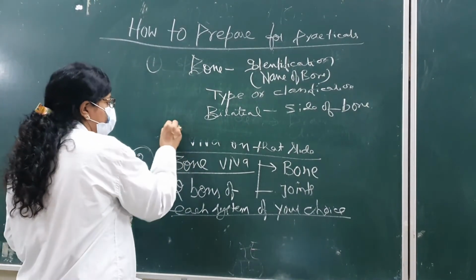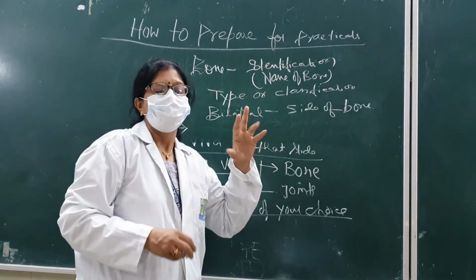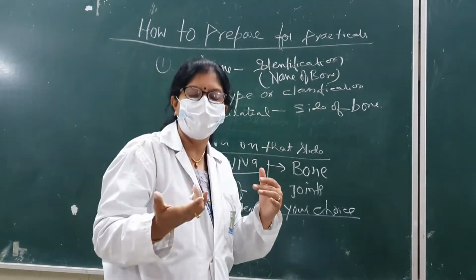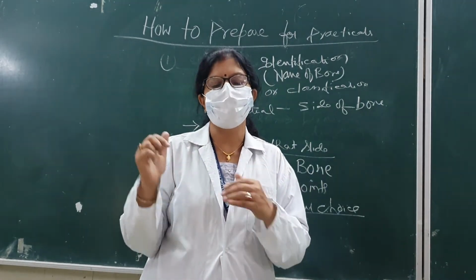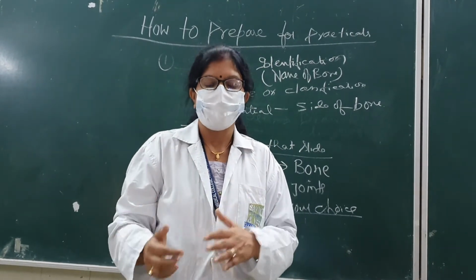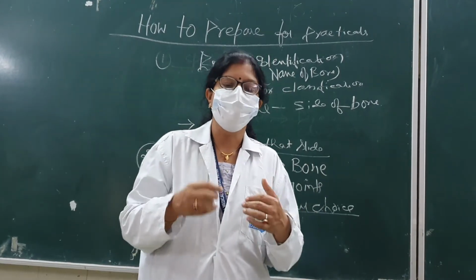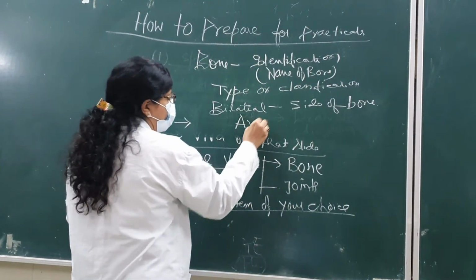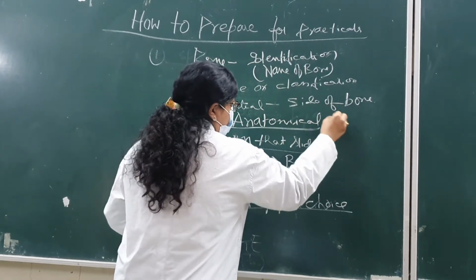Then what will be there? If you answer all those things, then what will be asked about that bone? Sometimes if your roll number is early, then you will be asked the whole bone. Then you have to pick up the bone of the right side. You are supposed to hold that bone in the right hand. If it is a bone of the left side, you are supposed to hold it in the left hand. Then you are supposed to hold it in which position? In anatomical position.